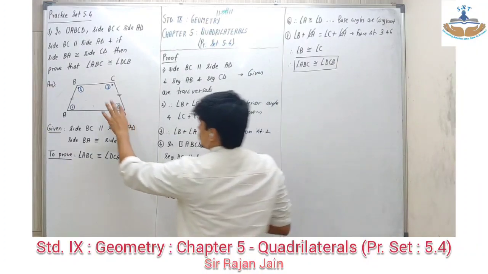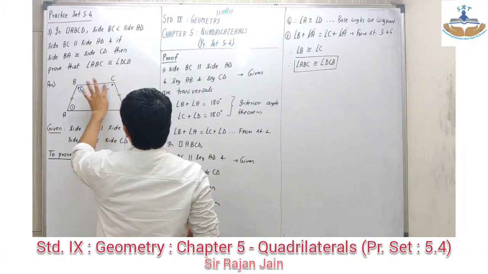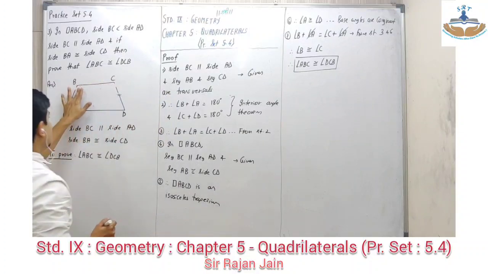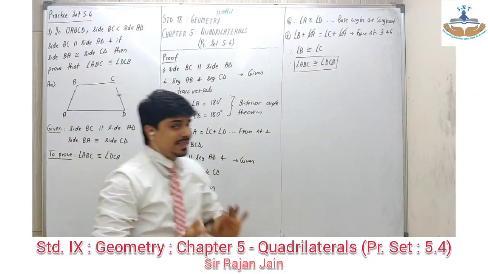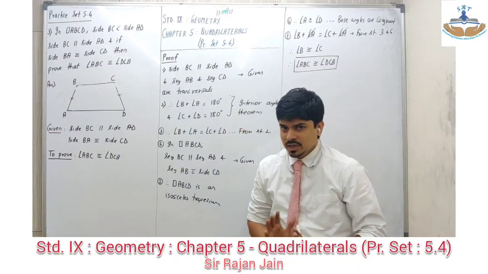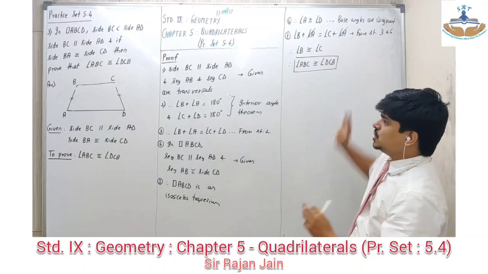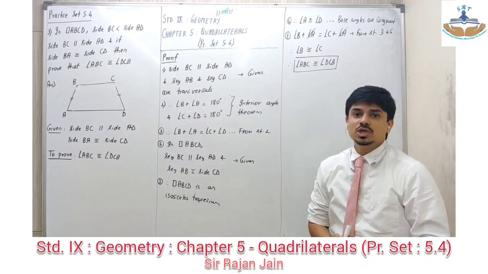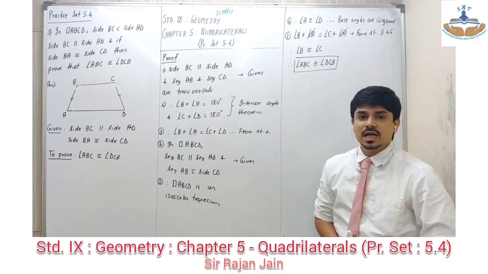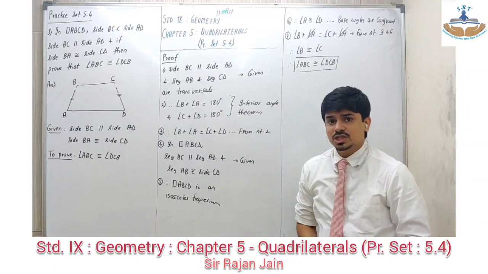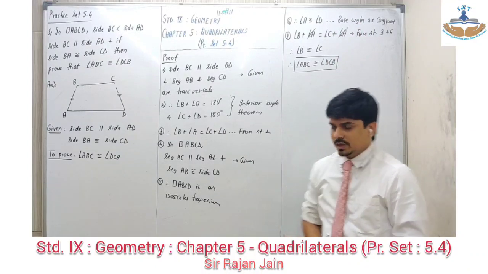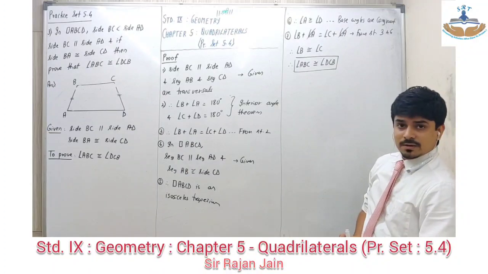Okay, so students, this solution that I have written is not there in the notes. Okay, this is for your understanding. In the notes I have done a lengthier method, where using construction I have proved that base angles are congruent. That method is also correct. Clear? What I want is just take a screenshot of this and confirm from your school teacher whether this method is allowed or not. If this method is not allowed, then do refer to the method which is given to you in the notes. Okay, please take a screenshot of this.